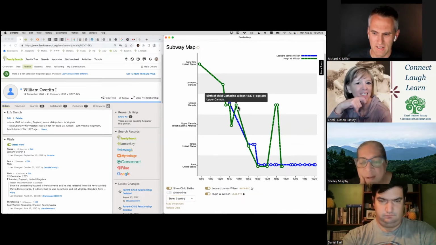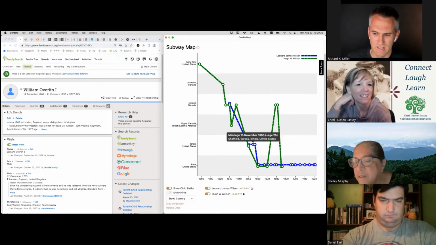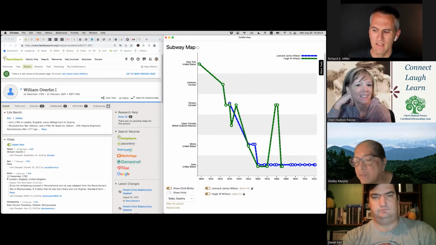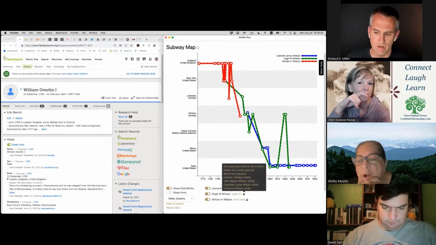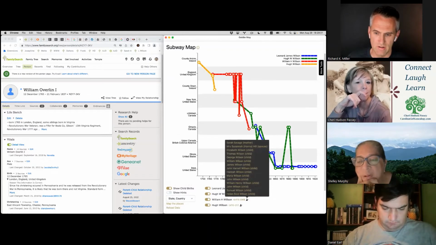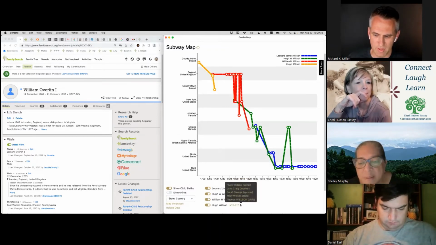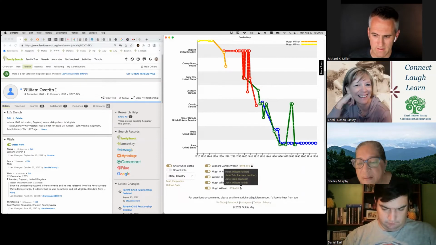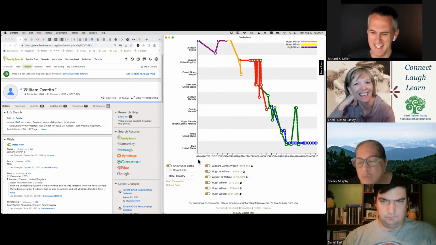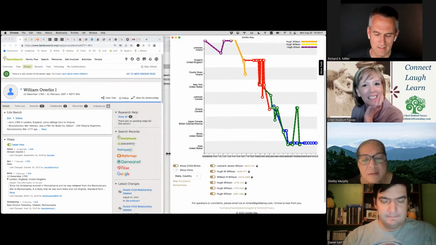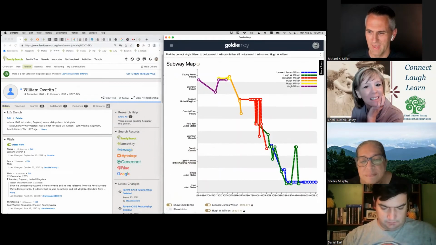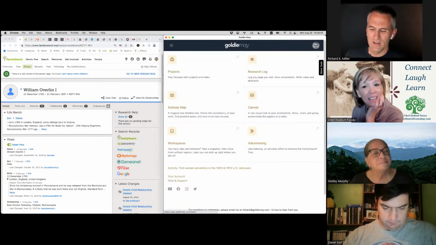So it starts at 1800 and goes to 1920. Can it go further? However far back your tree goes, it'll go back. It just keeps drawing. So this is the questionable line, but it'll go back to the beginning, 1680, really based on that tree. Got it. I love it. So cool.